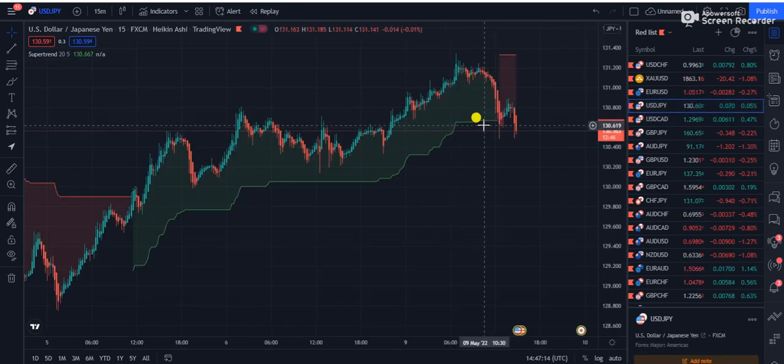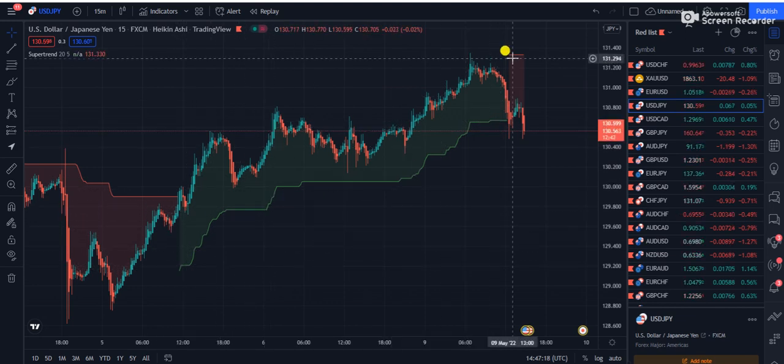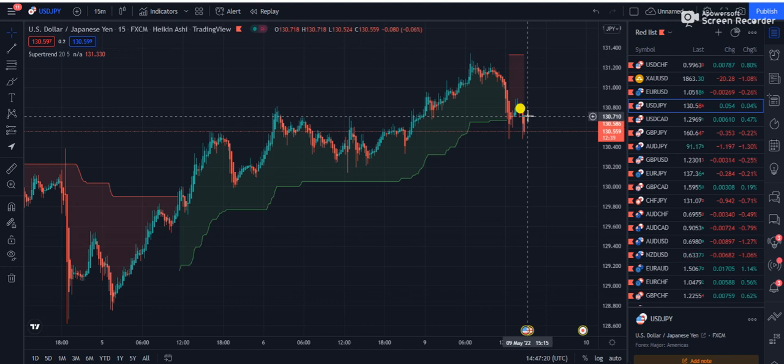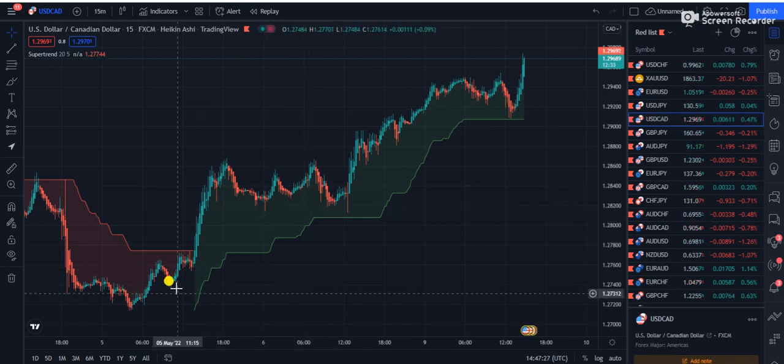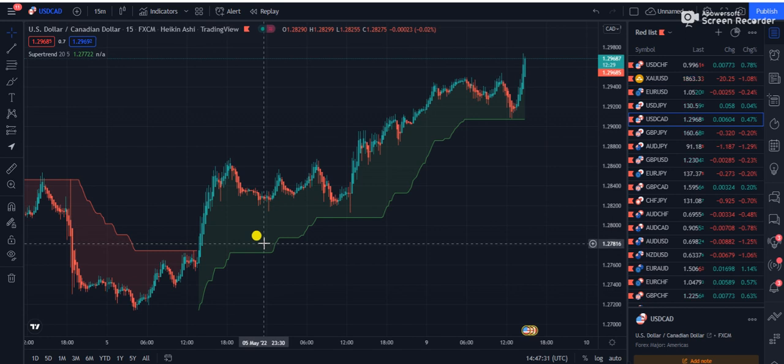Okay guys, now again remember my lesson. What is the trend going on USD JPY? That's the uptrend. You have received the sell signal, ignore this one, and when the next buy signal appears, go for that one, because normally in the upward trend you should not go for the sell signals. Like USD CAD